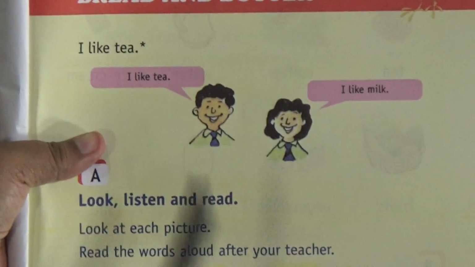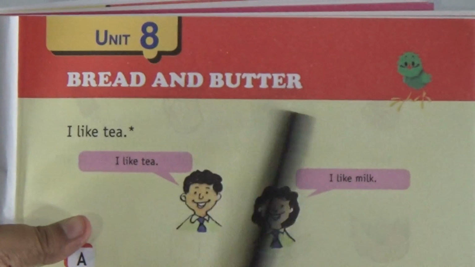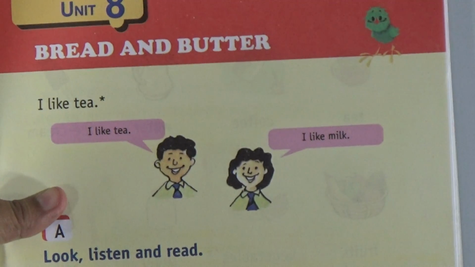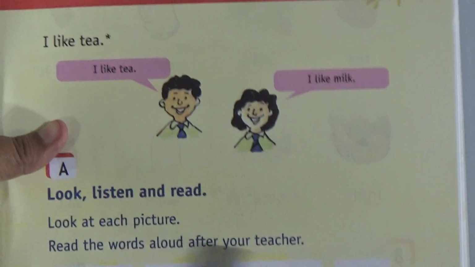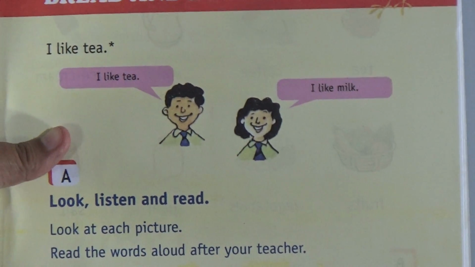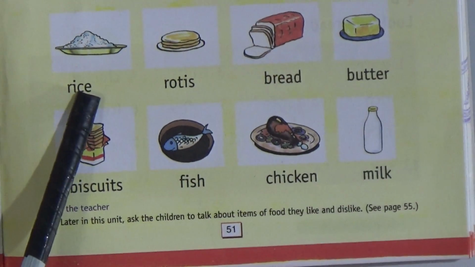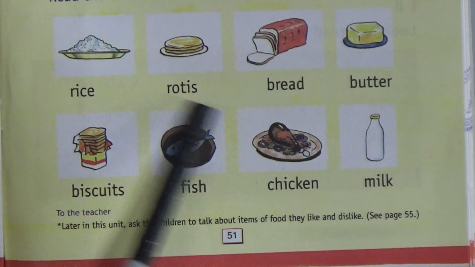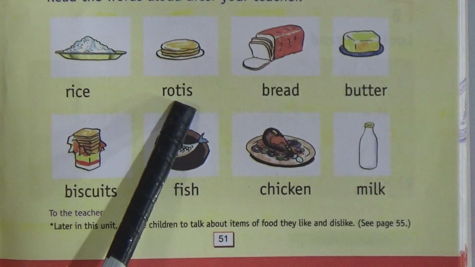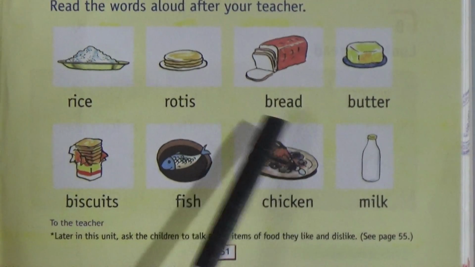In this page, actually this is Unit 8, Bread and Batter. This is the chapter's title. In this page, we see different types of foods. At first, rice, R-I-C-E, rice. Then rotis, R-O-T-I-S, rotis. Bread,